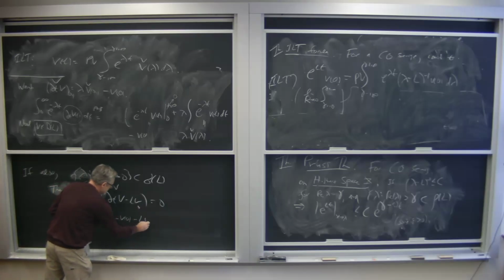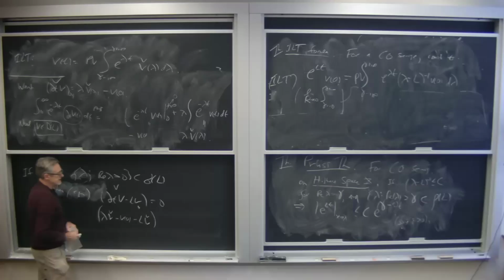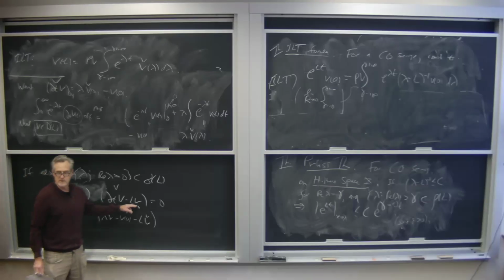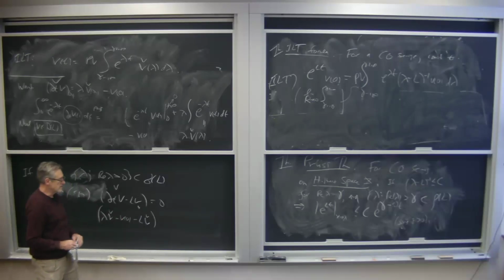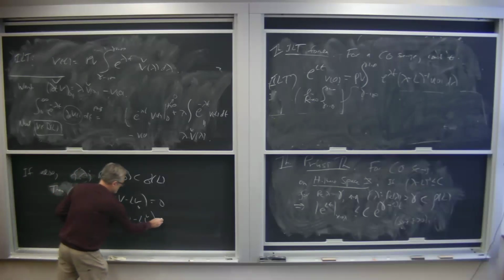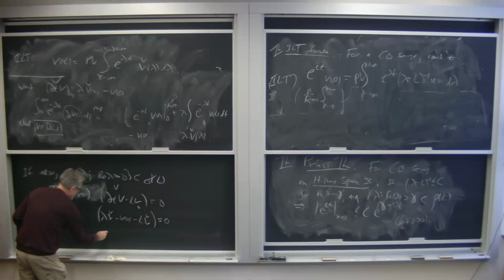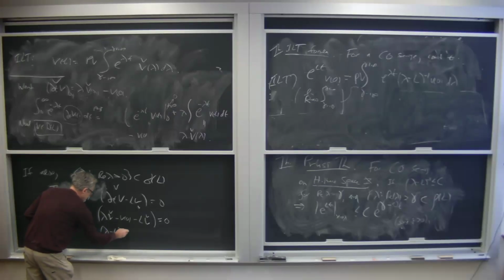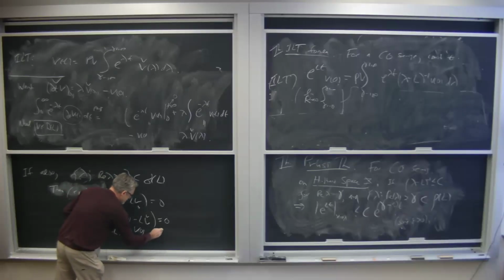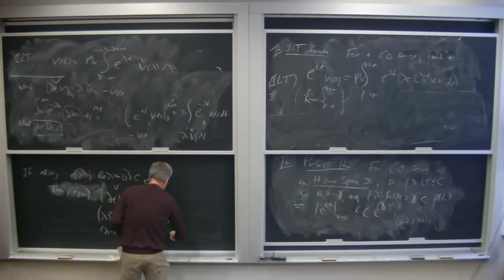This one is minus L V check, and again, that's because I assumed I was in D of L, that I can pass the L into the integral, and that's 0. But that's now, and this is exactly what we did before. So now we have lambda minus L V check equals V of 0, and V check is equal to